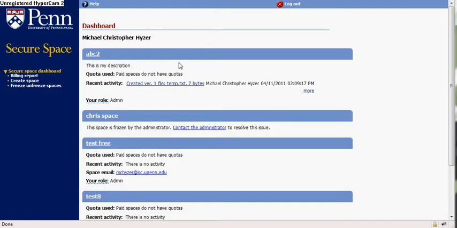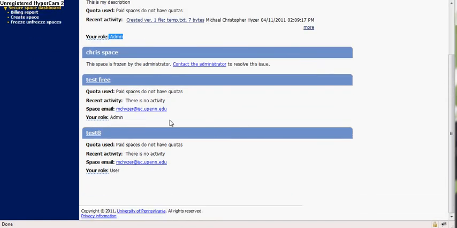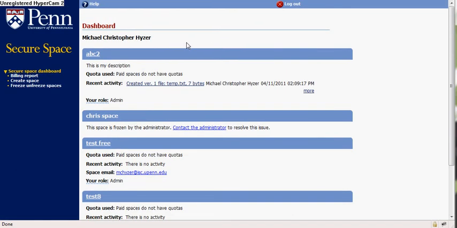The first thing it does is make a web service call to Grouper to see which secure spaces the user has access to. There are three roles: admin, user, and read-only. Each one of the roles is a different group in one of the folders for each of the spaces. So if I go into one of the spaces where I'm an admin,